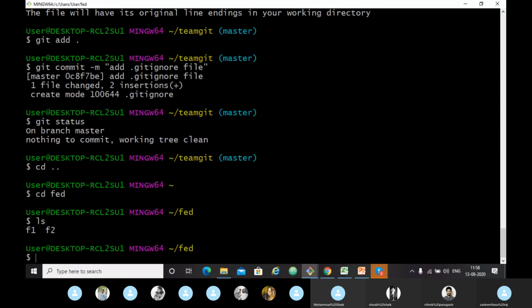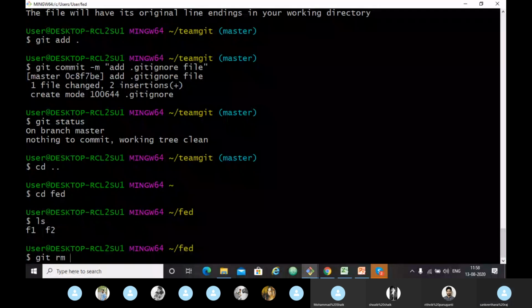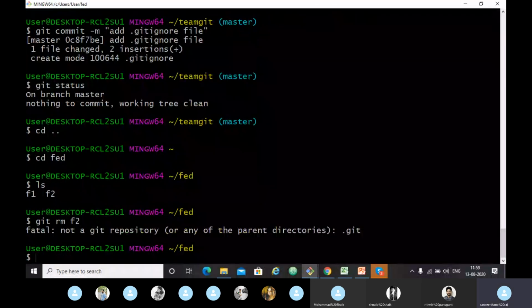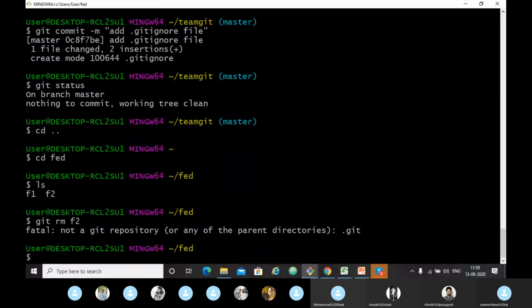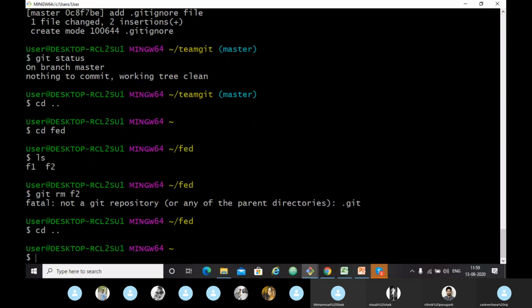Now the commands we have done: git rm f2. I have removed the file. Sorry guys, 1 minute.